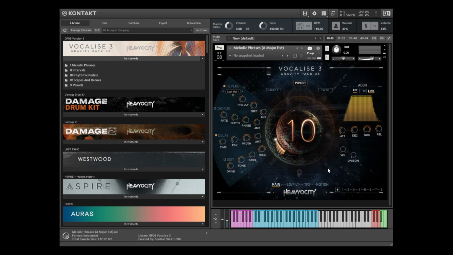So the library is made for both the full and player versions of Kontakt 6.7.1 or above, and it will take up around 7 gigabytes of your hard drive space. It's currently on intro pricing at $99, and that will move to a full price of $119. So the library utilizes Heavyocity's Gravity engine, but this library is still standalone, and it doesn't need you to own